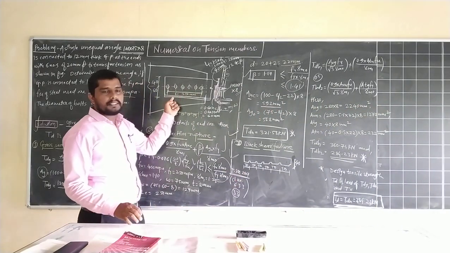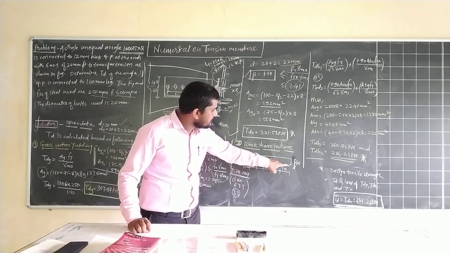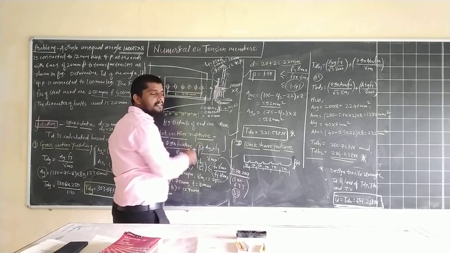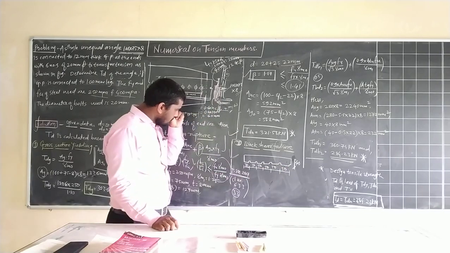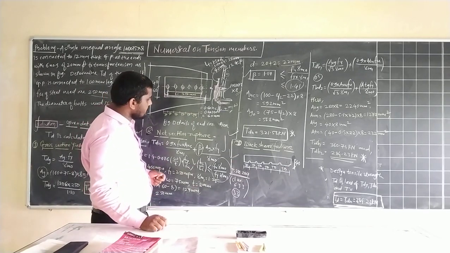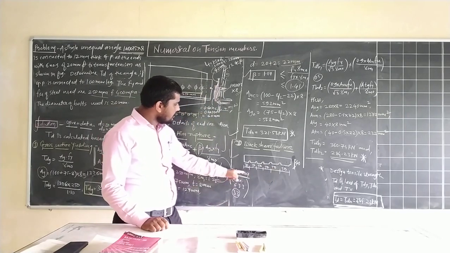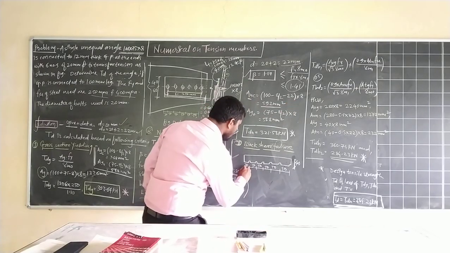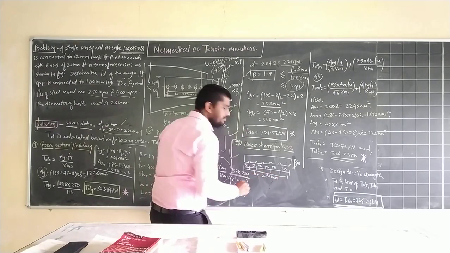So whatever connection is made, we have drawn here. These are the 1, 2, 3, 4, 5, 6 bolts. There are 6 bolts, but the last bolt comes under the block shear failure, so we have shown half. So 30 mm is the end distance. 50 plus 50 plus 50 plus 50 plus 50. So the total value will be 280 mm. So we can call this B also.